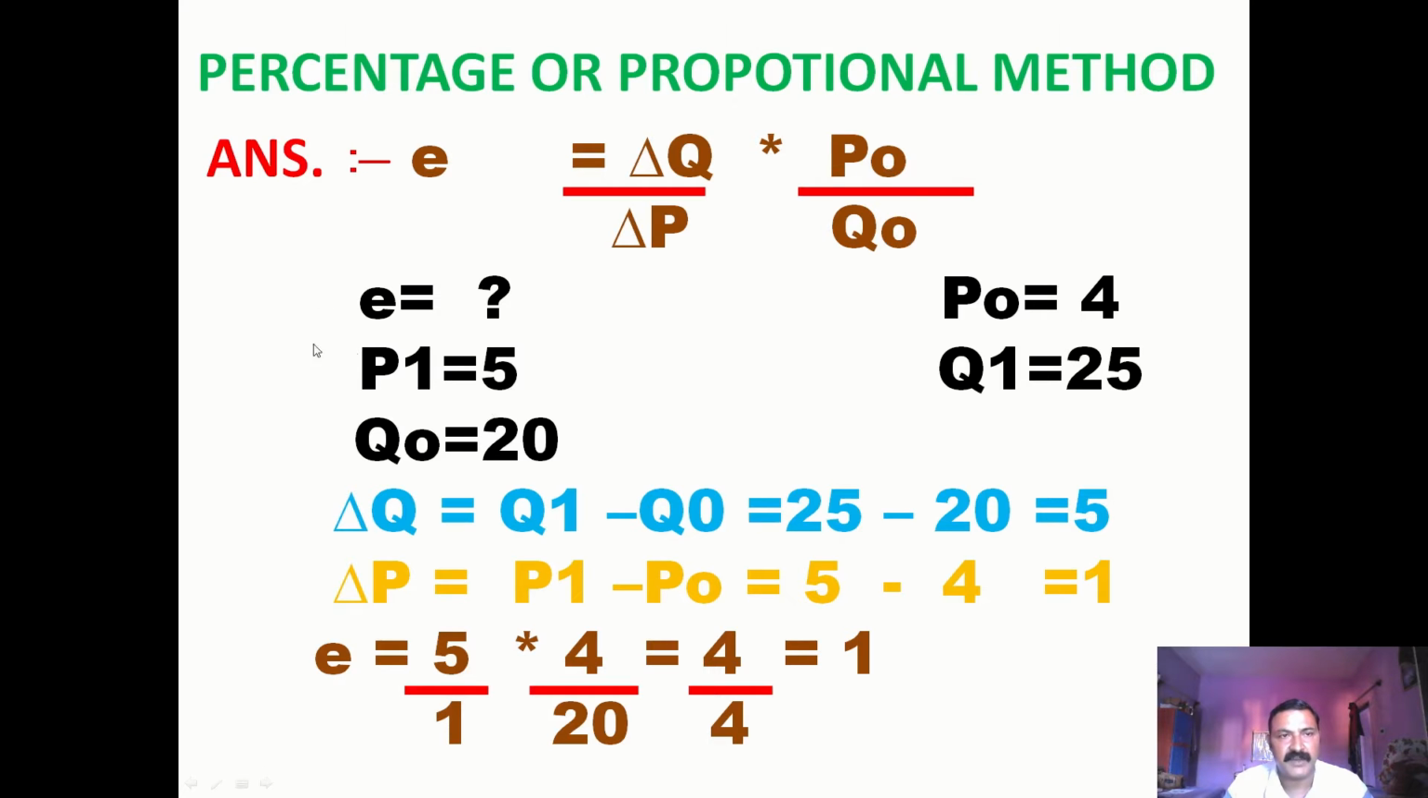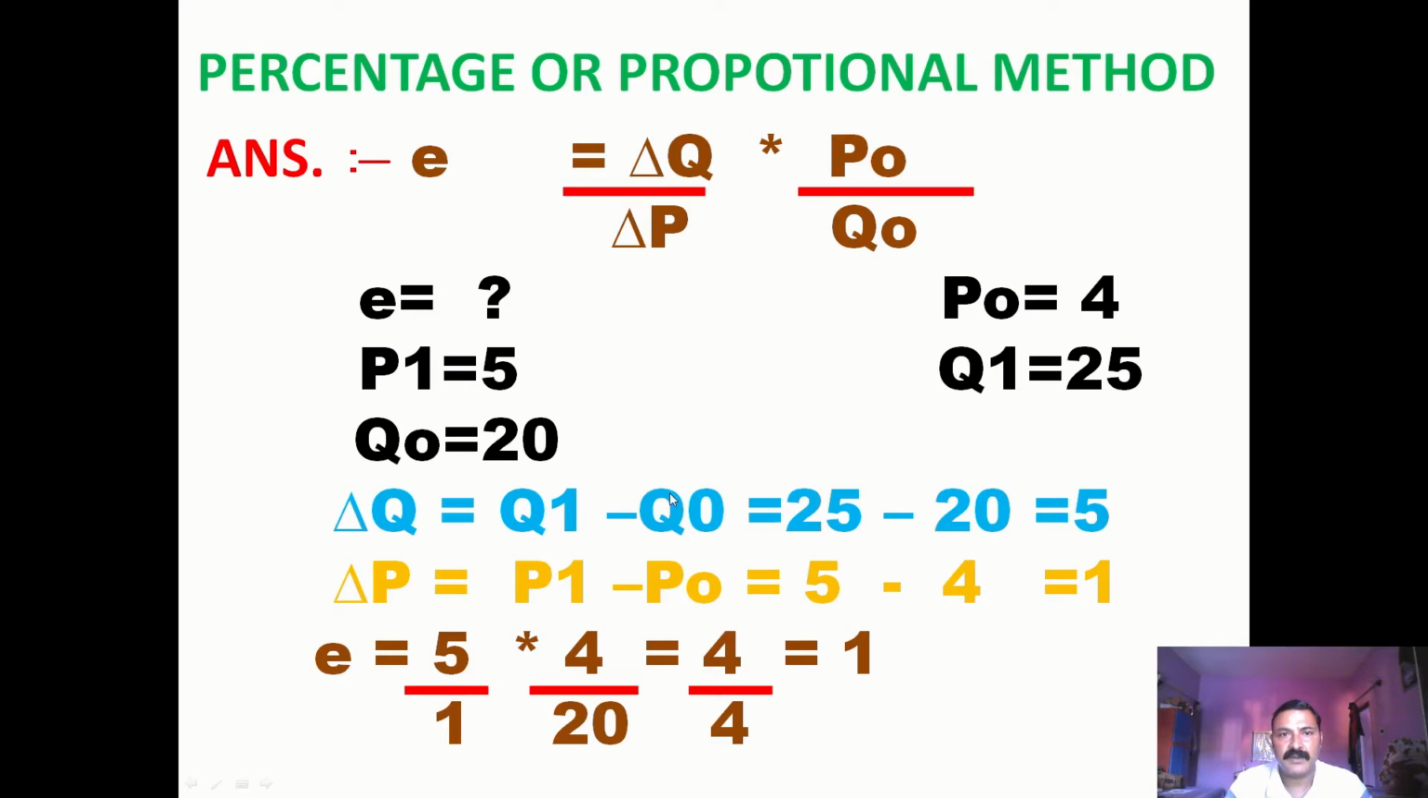The question in the schedule gives prices 4 and 5 and quantities 20 and 25. So we have to find the elasticity. P0 is 4 and P1 is 5, Q0 is 20 and Q1 is 25. Now we want to find delta Q. What quantity will we write here? So we have to find it first. Delta Q is